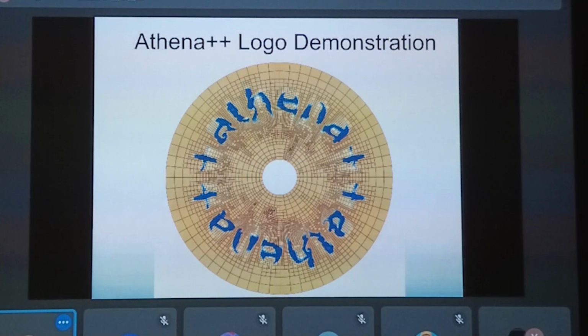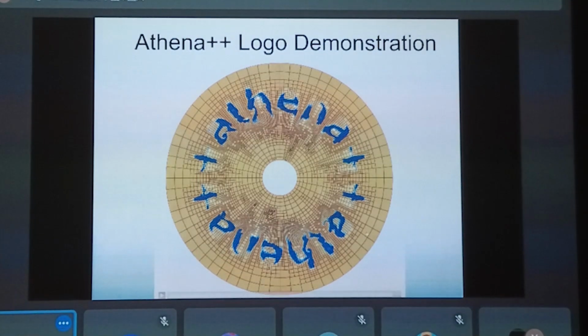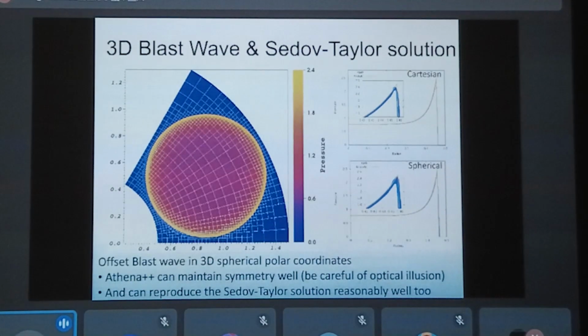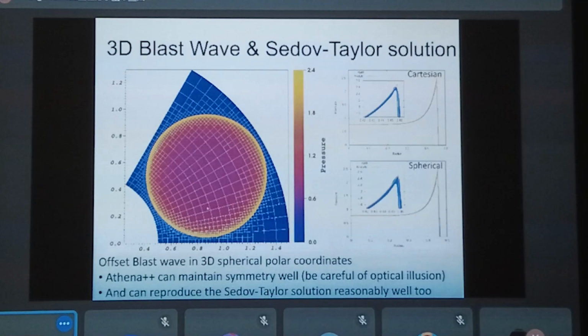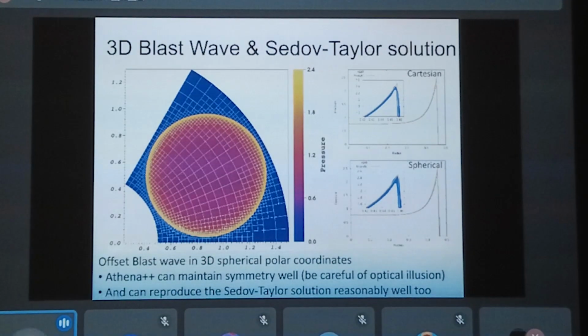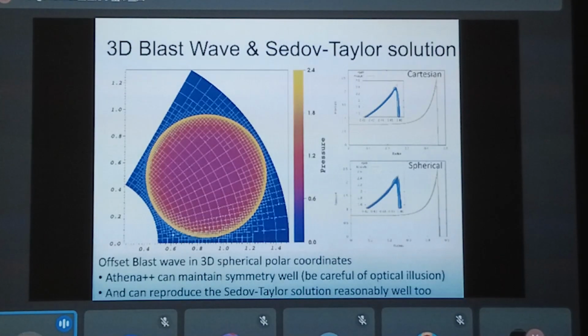Okay, let me continue. I'm afraid I'm speaking too much, so let me go quickly. Another demonstration of this code is this 3D blast wave and the comparison with the Sedov-Taylor solution. This is a pointless simulation, but to demonstrate our capability, we injected this blast wave in spherical polar coordinates. You may think that this blast wave is warped, but it's not.